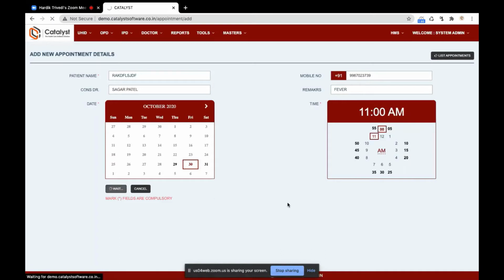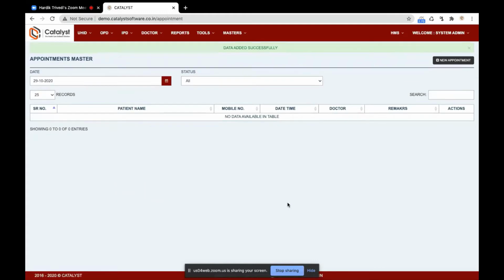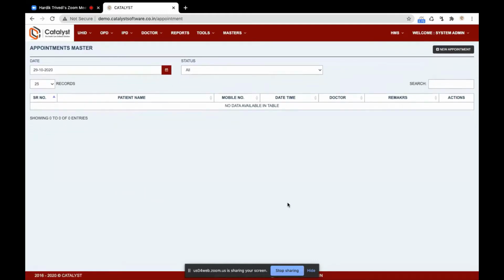When I confirm his appointment, a message and mail will be generated. One will go to the patient saying that your appointment for a particular date and time is scheduled at our hospital with doctor so and so. The same type of message will go to our doctor, saying that the patient has scheduled an appointment for this date and time. So patient and doctor are both informed about the appointment schedule.